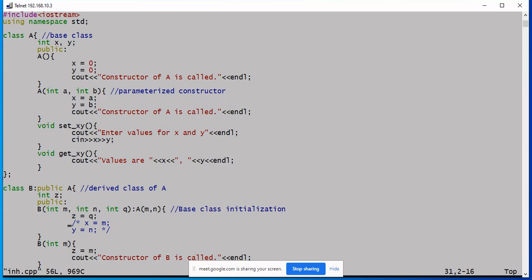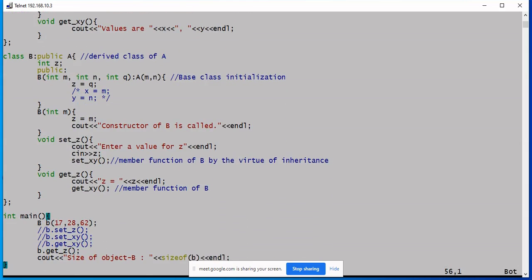Let's revisit the code. We'll try to trace it out once. So in the main, you are creating object of b and providing 3 integer values, and you want the last value for member data of b, and these two for the private variables declared in base class. So whenever you have a statement like this, it is very obvious the compiler expects a parameterized constructor with 3 arguments.